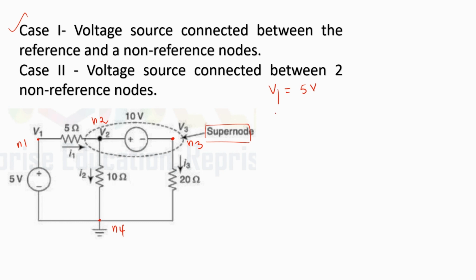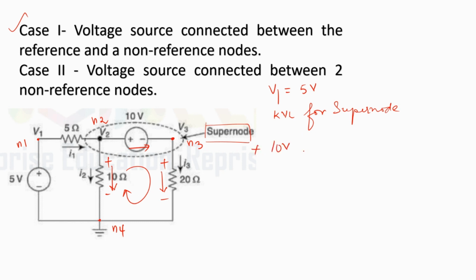So, let's go for applying KVL for the supernode. Here initially we need to mark the voltage drops as is usually done in case of applying KVL. So this is the first drop. We know that I3 is the current coming out from N3. So this would be the direction of drop in the 20 ohms resistor. Since I2 is flowing through 10 ohms in the downward direction, this would be the drop direction for the 10 ohms. Now considering an arbitrary drop direction in the clockwise manner, we can now write the KVL equation as 10